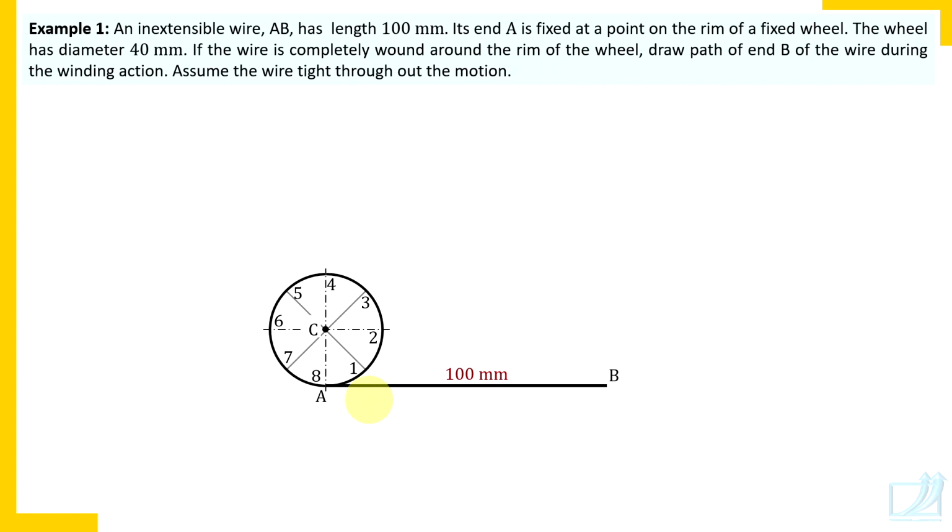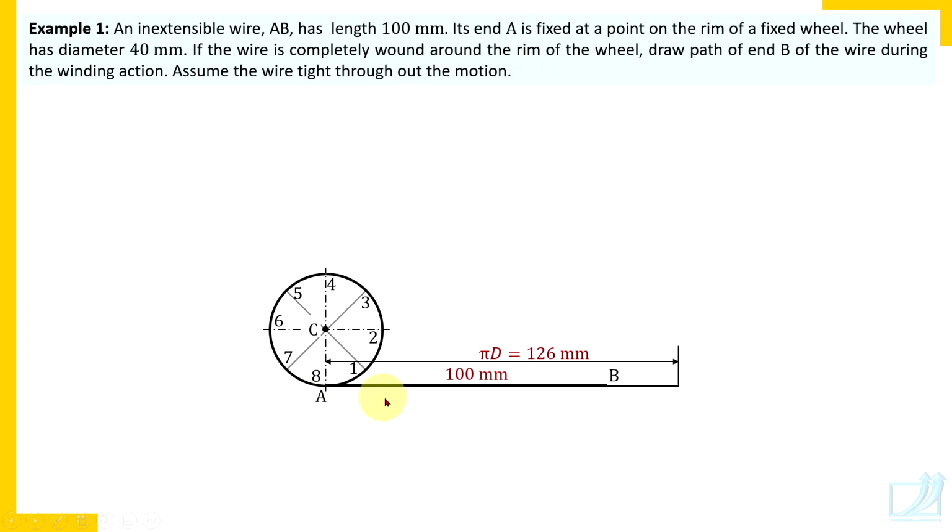Now we should divide length pi d in 8 parts. It is 126 millimeters. This length pi d is rounded because we cannot measure less than a millimeter. So pi d is 126 millimeters. But the important thing is, the length of the wire to be wound around the circle can be greater than pi d, it can be less than pi d. In this case, it is less than pi d.